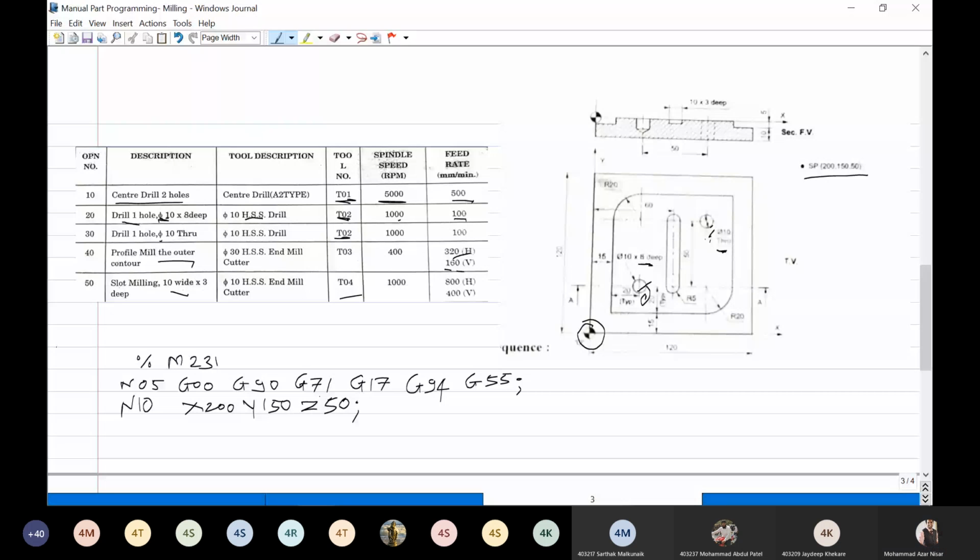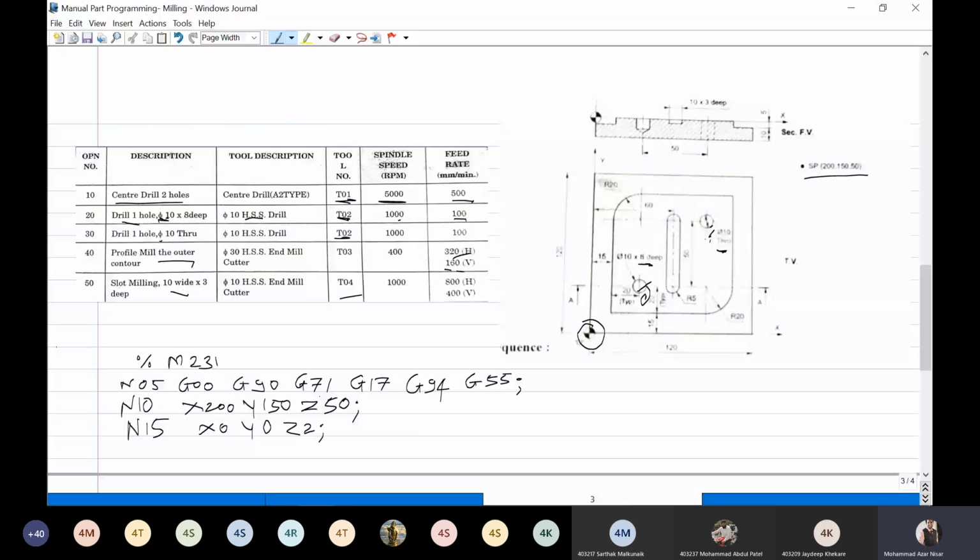So for that, N15, you have to take X0, Y0, and Z2. So I have moved the tool from this initial starting position to this origin position,